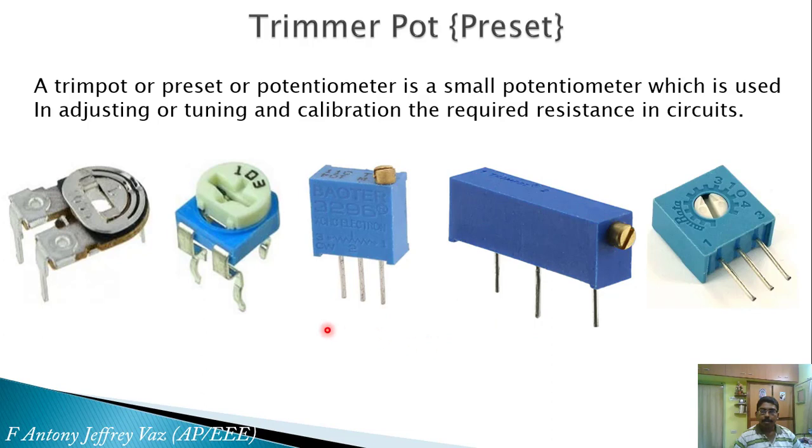You can adjust the resistance between these two pins. If you connect it in a circuit, you can adjust the resistance between these two pins or between these two pins. You can vary the resistance. A resistor has two terminals, you all know that. But a trim pot has three terminals. You need to short circuit these two terminals and take one terminal out. If you vary the screw over there, the resistance between the two terminals varies.